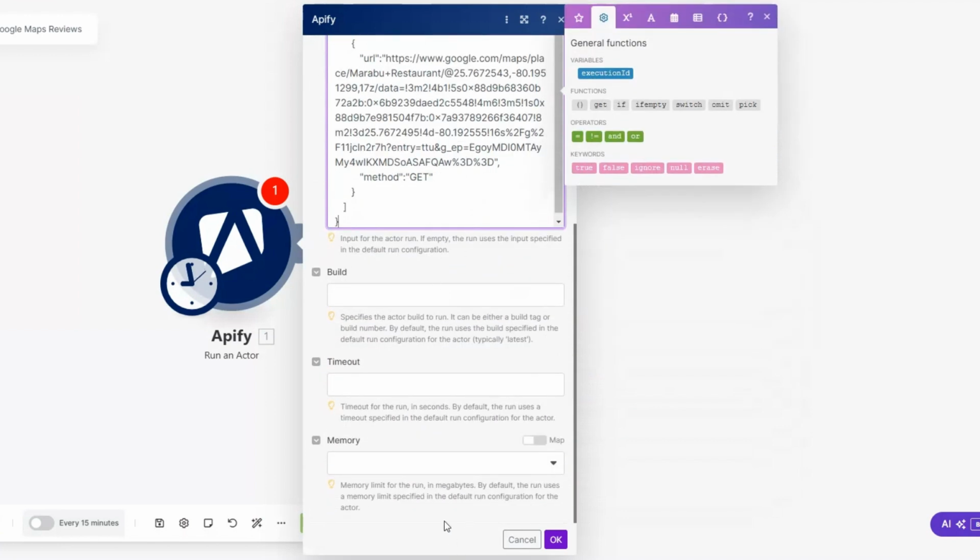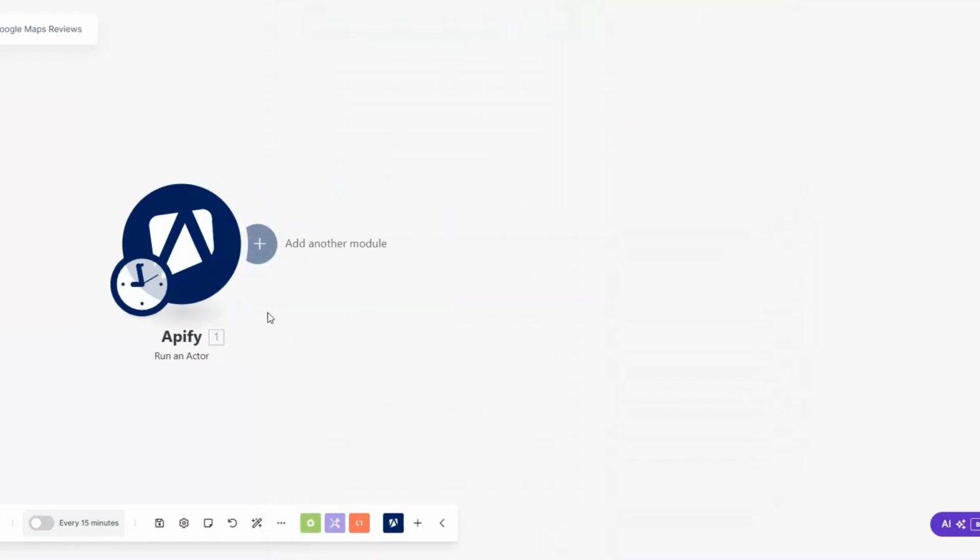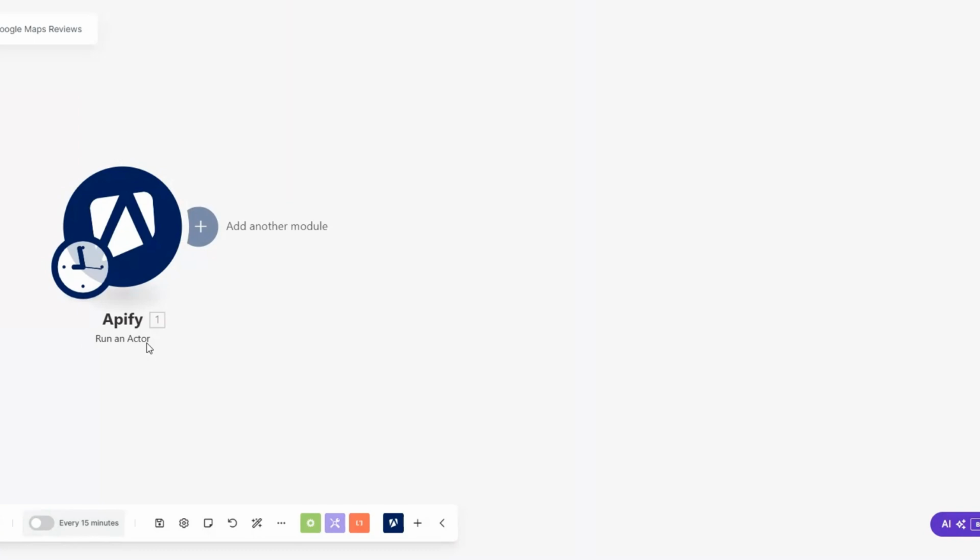And then here, I'll leave everything as is. Click on OK. Now, we are only running our tool, but we're not getting our data. Now, to get our data from our tool,